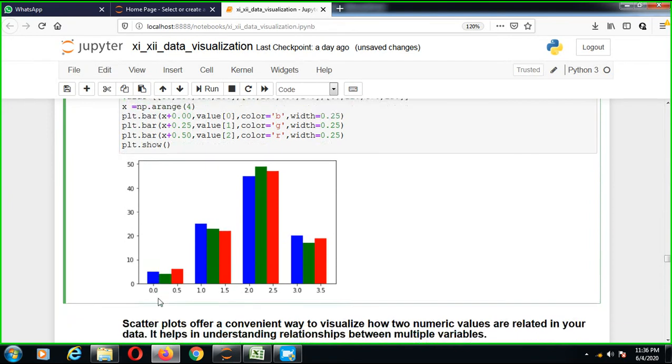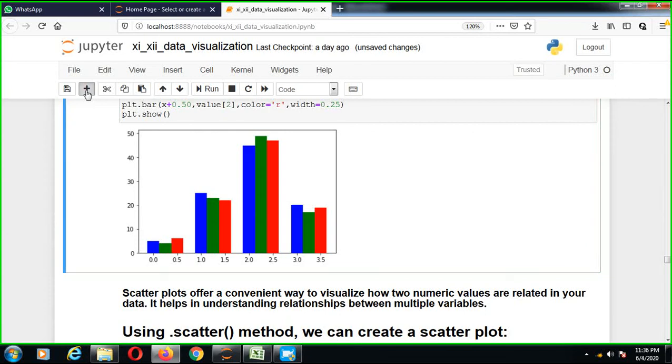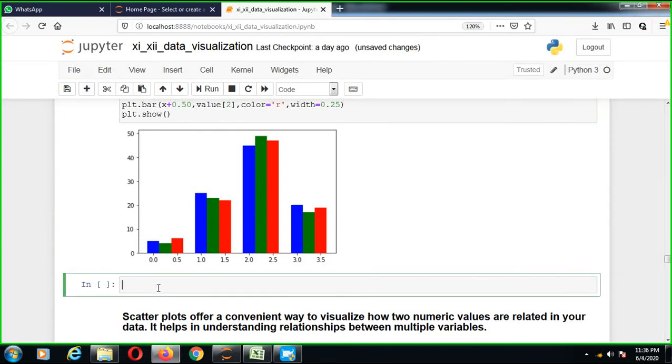Another very important part today, then we'll finish: creating a horizontal bar chart.